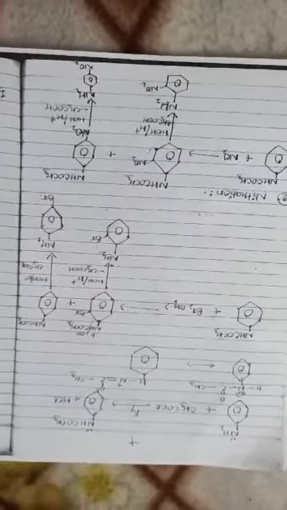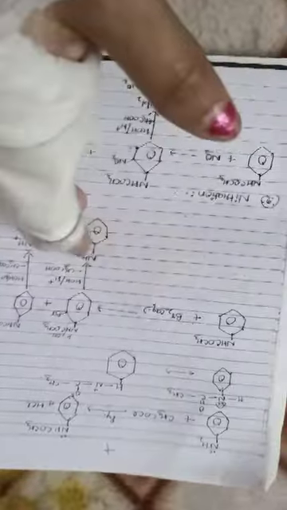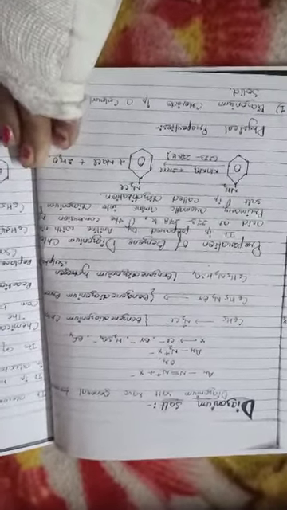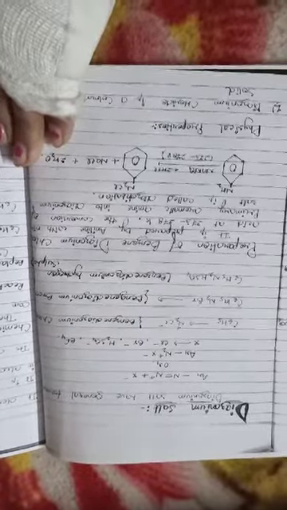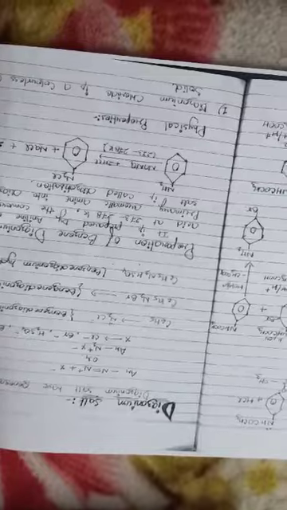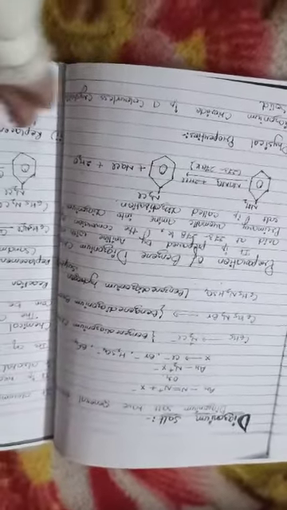Next we are doing some more examples of nitration, some examples at the back side. Next we are talking about the diazonium salt. Diazonium salt, I think it is not in your syllabus. It is not in your syllabus. If you want to learn it you can see that, and if you want to write it down you can, but it is not in your syllabus. So after this we are starting now.